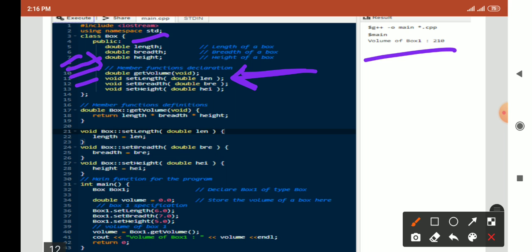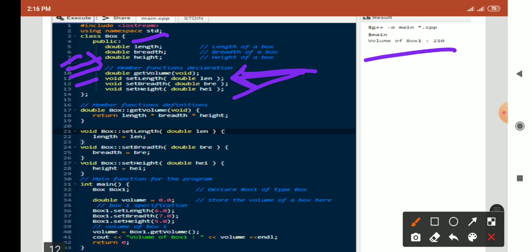Then the next function is void setLength, and in that we pass one parameter, double len. Then the next function is void setBreadth, and again we pass one parameter to it, and the next function is setHeight. So these are function declarations.